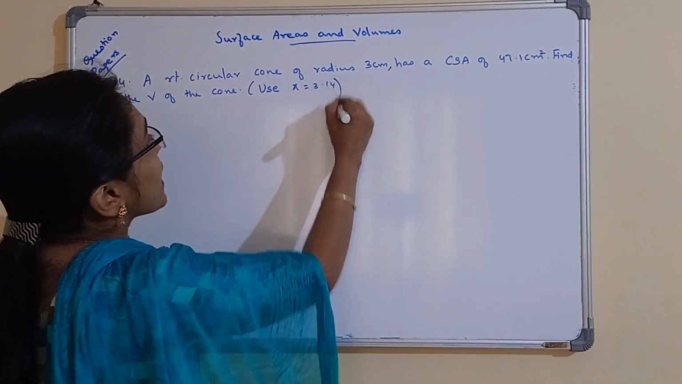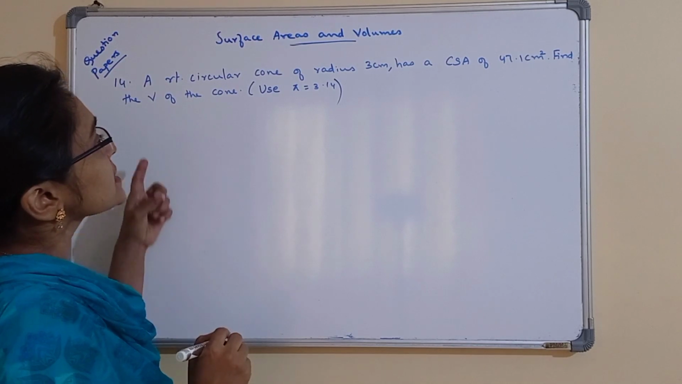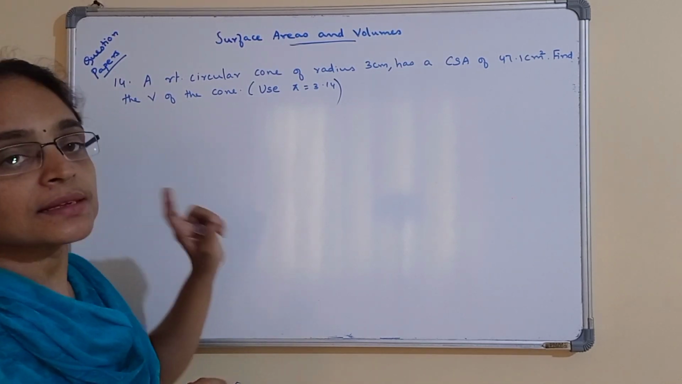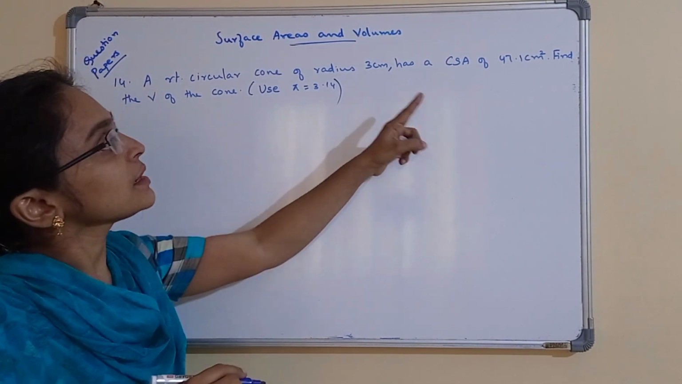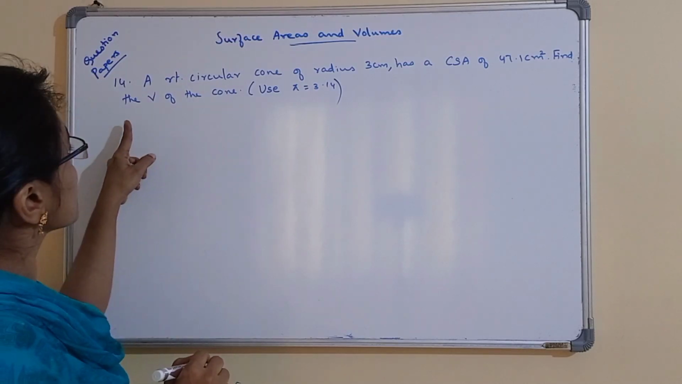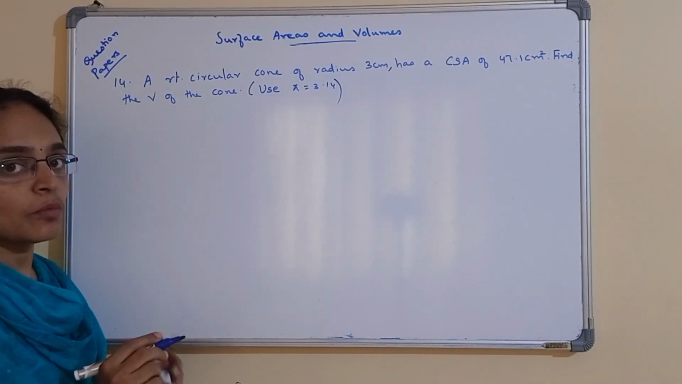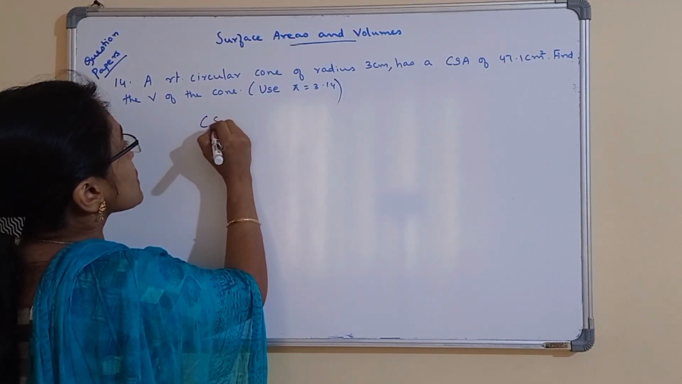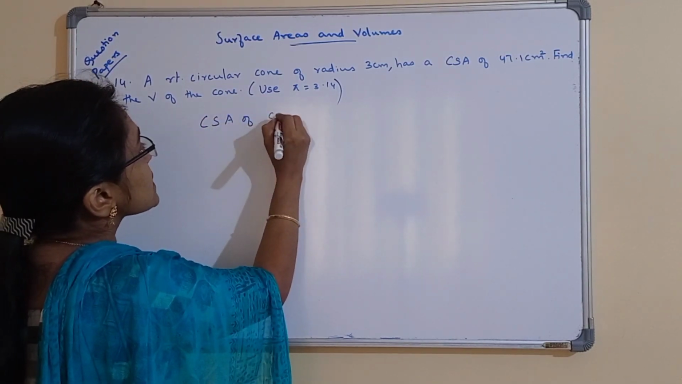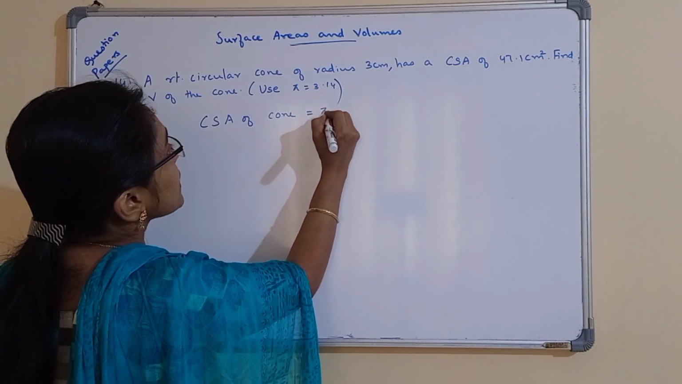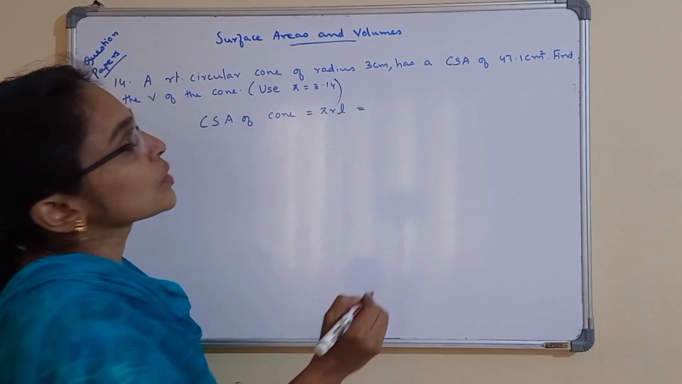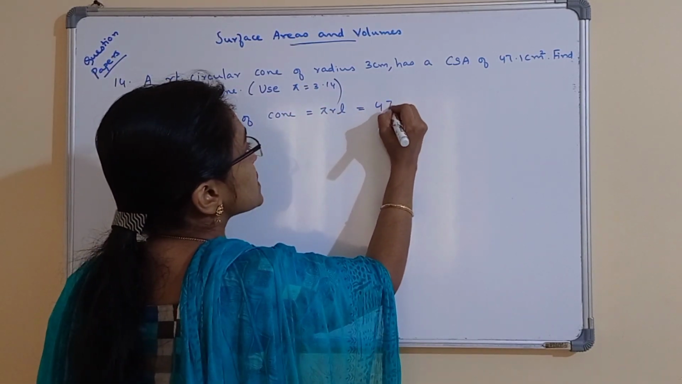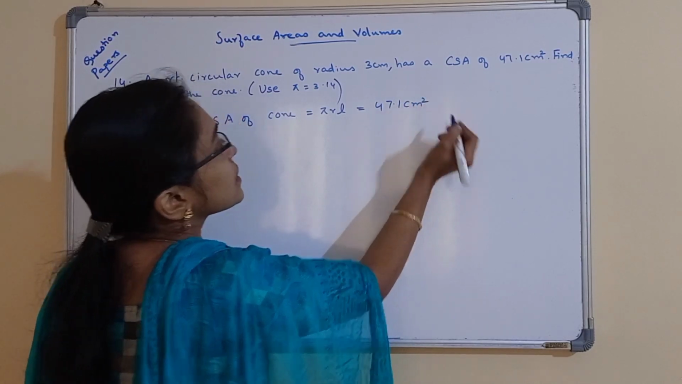Next one, a right circular cone of radius 3 cm has a CSA, that is curved surface area, of 47.1 cm square. Find the volume of the cone. So, curved surface area of a cone is equal to pi RL,